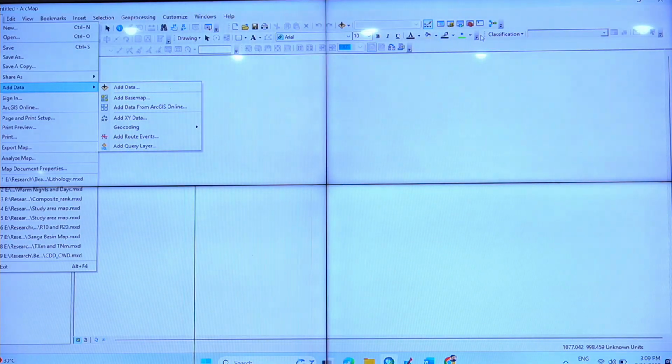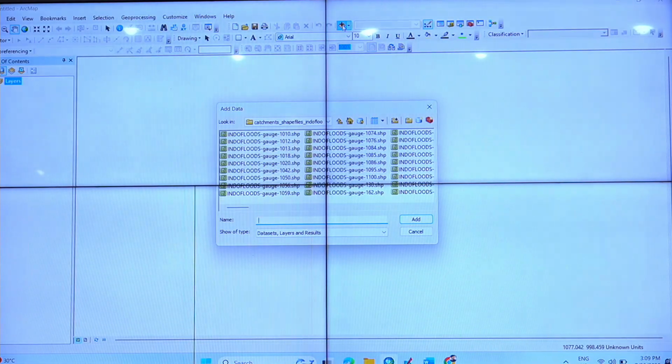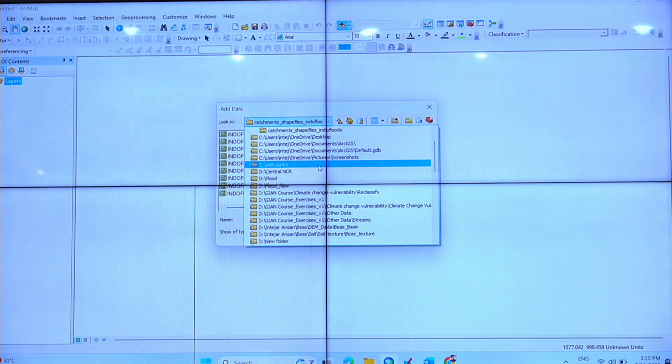There are different options. I'm showing just two options. This one, add data. You need to click on this. Where is your data? Browse to where you have put it, right? I made a folder, and the same folder you'll find in the lab with the same name, so that there will not be any problem. Then there is an option here, look in. Go to a directory. It is on desktop. Where did I put it?